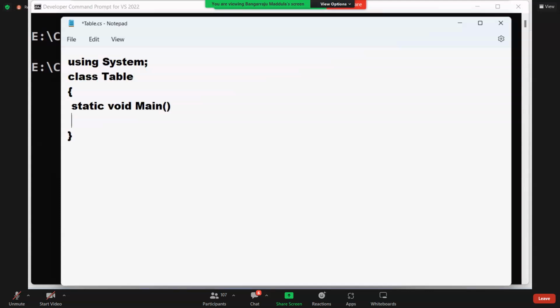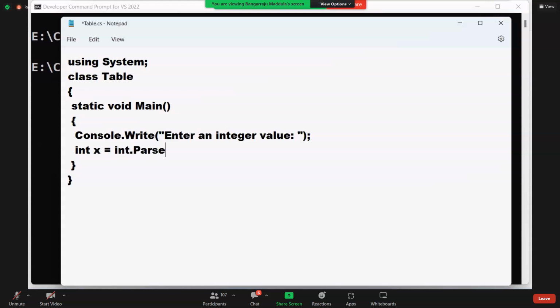Static void main. What do you want to do? Console.Write, enter an integer value. Okay. int x = int.Parse(Console.ReadLine());